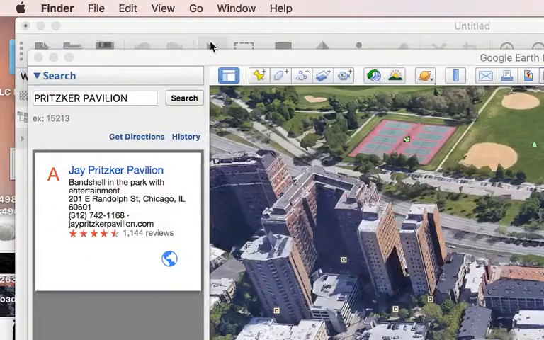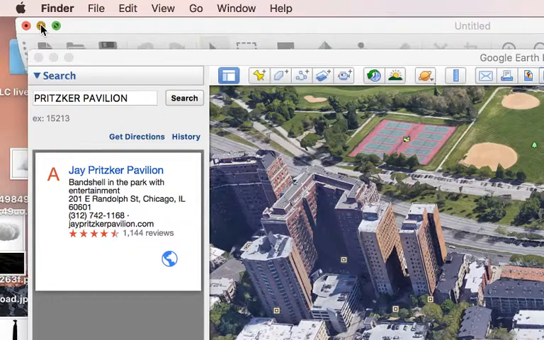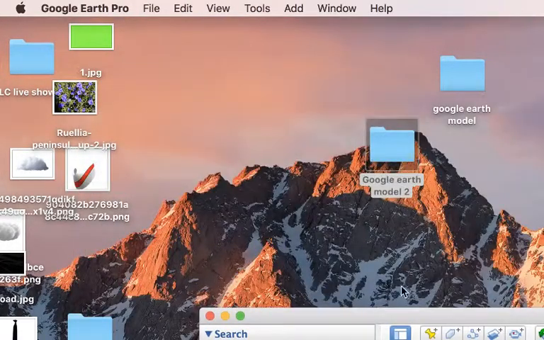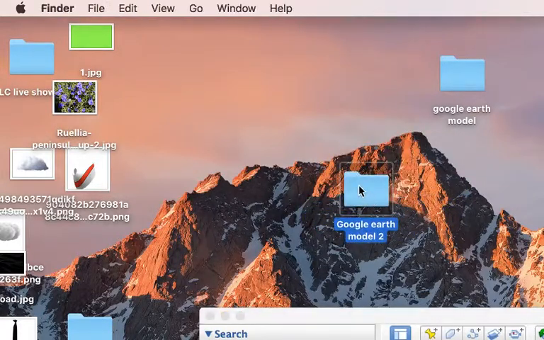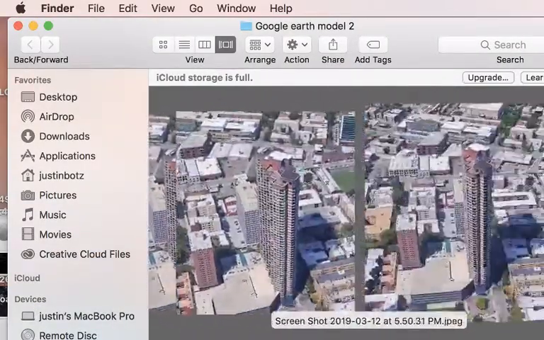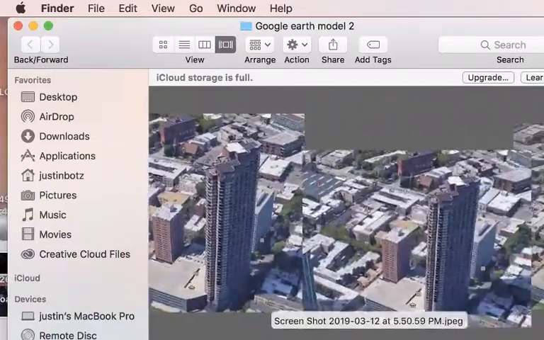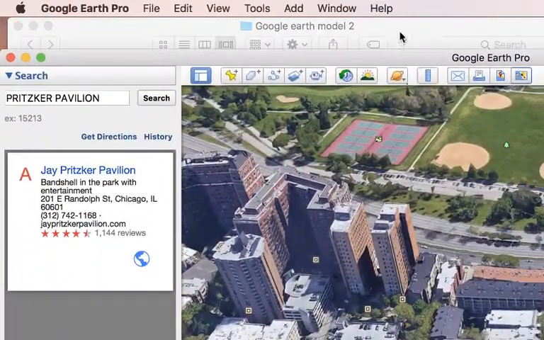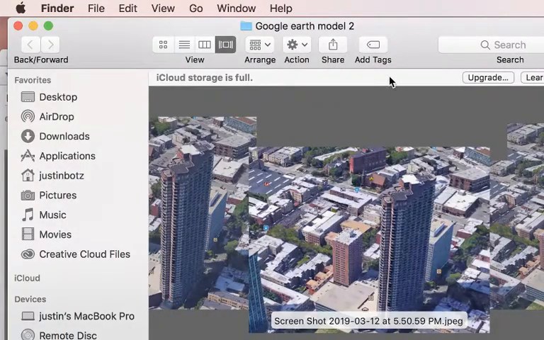So right here I've got my Google Earth Model 2 folder, and if we open that up, it's just a bunch of images of the building. Cool, awesome. And then I'm going to take those photos and import them into what's called a